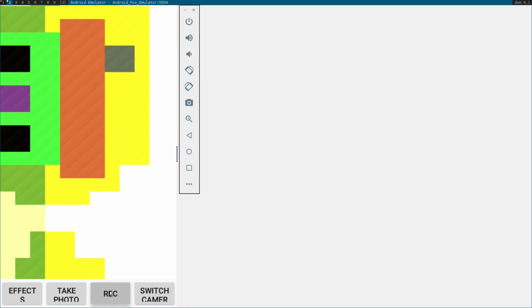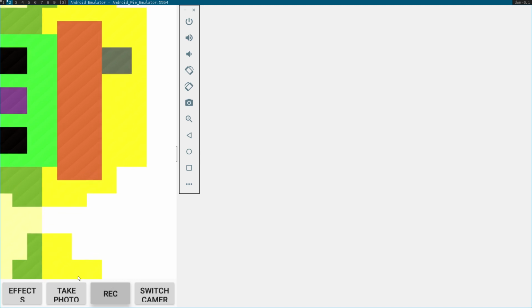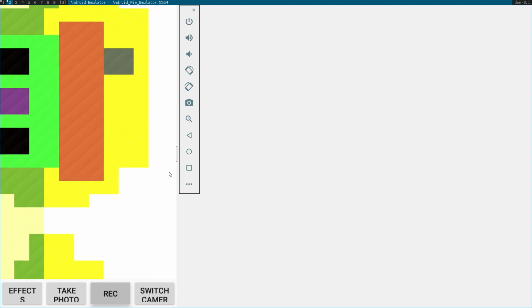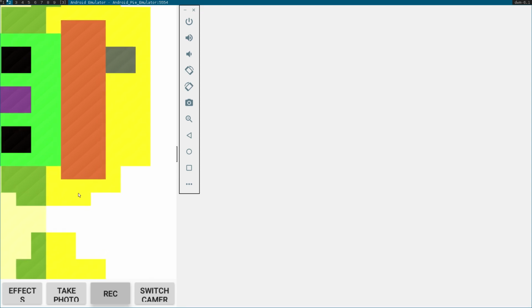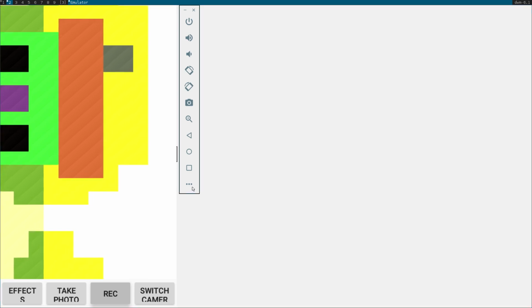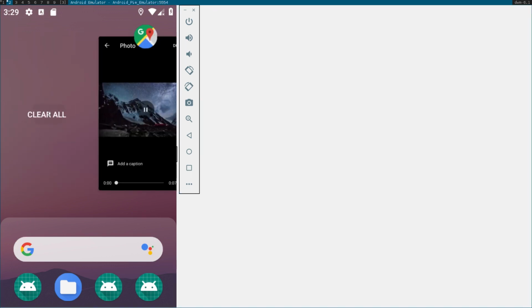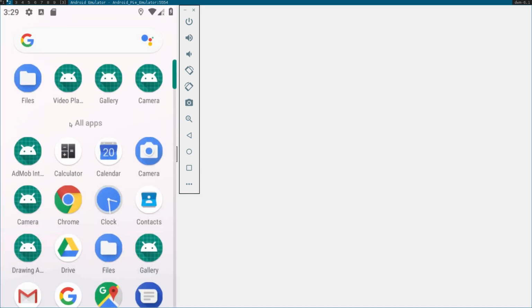Okay. So if I click it again, maybe there's something wrong with this recording feature. Something's not working as expected. So to try to fix this, I'm going to click on rec again. Okay. It's kind of locked. It's kind of blocking the UI thread. Okay, so we will close all the apps, and I will open the camera again,